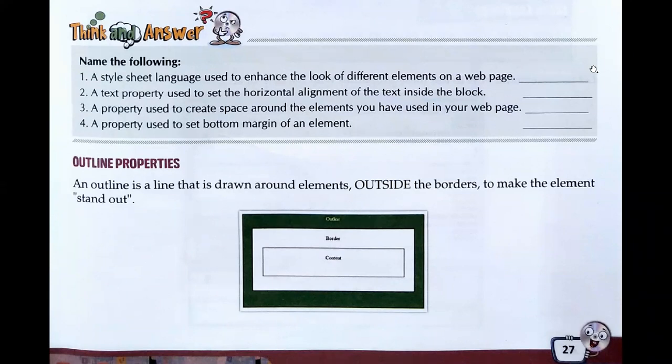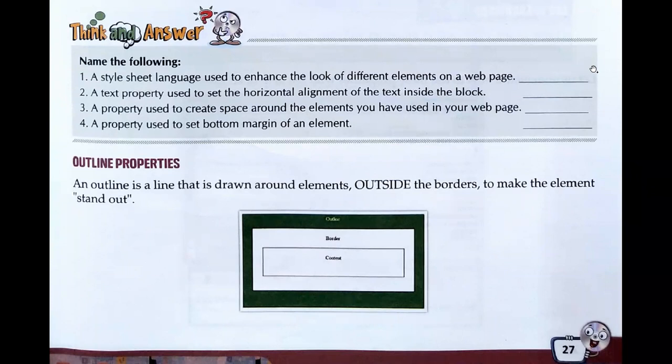So continuing that, our next topic is the outline property. As the name suggests, it is similar to the border, but it is not exactly like the border. Why I am saying that is because border is used to give a line to the entire page, but outline is used to give some kind of outer line to one particular text, one particular matter, or one particular image. So it focuses on one particular object or one particular attribute on a web page.